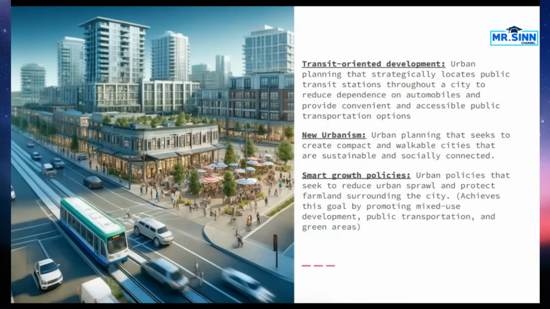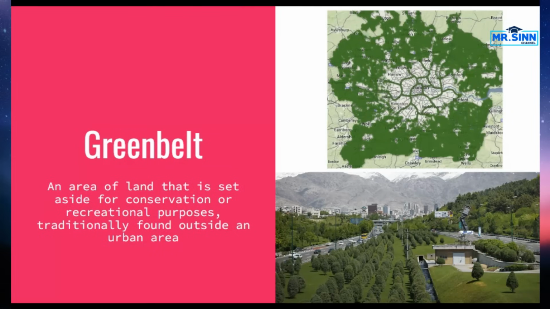Now, one concept that might connect to smart growth policies is green belts. Depending on where you live, these are more frequent or less frequent. A green belt is an area of land, and you can see pictures on the screen right now, that has been set aside. We're not going to be developing buildings in these areas. Like London, for example, you can see that map. All these areas have been set aside as green space. These are a lot more common in Europe, but something to definitely understand.